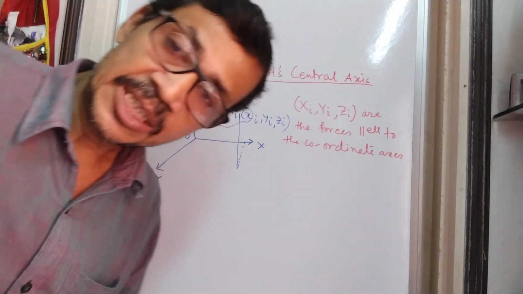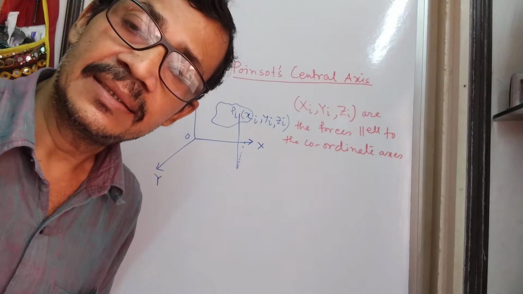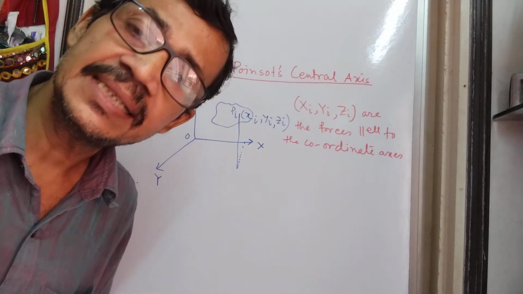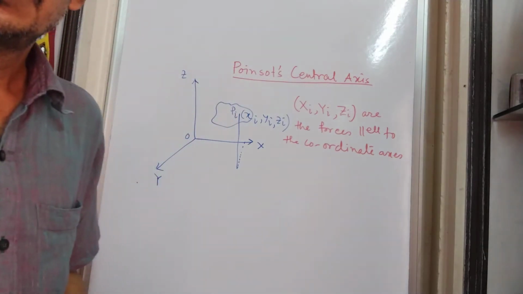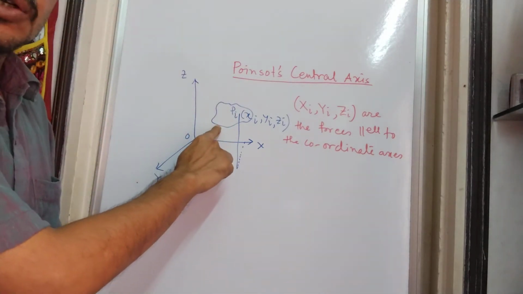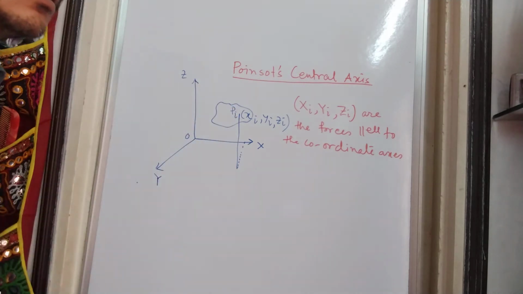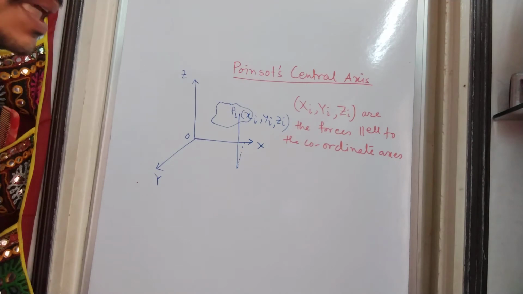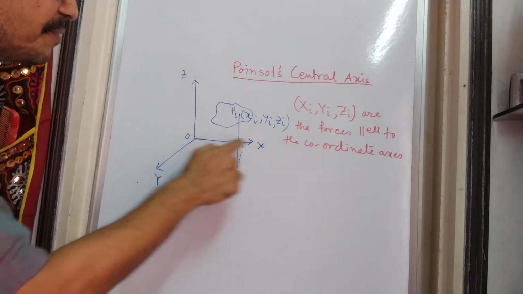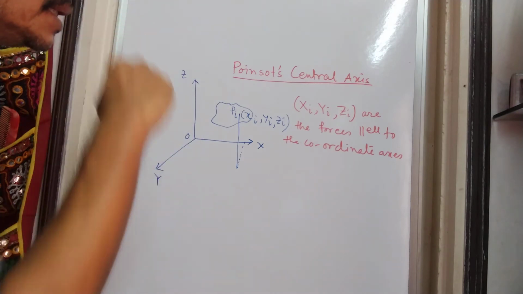Let us explain the Poinsot central axis, the equation of the Poinsot central axis, in this video. We have a body where Pi represents the ith particle and it is made up of, say, n particles. And we have fixed a frame of reference xyz in space with respect to which we want to